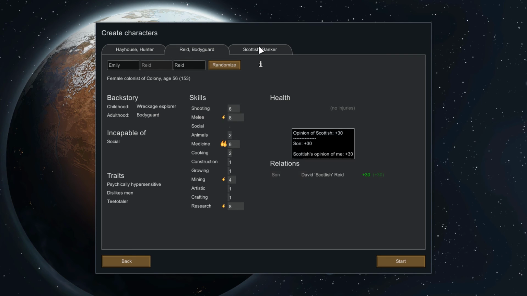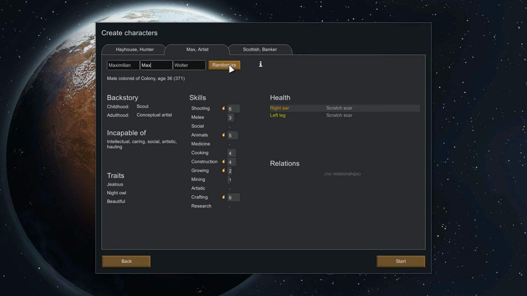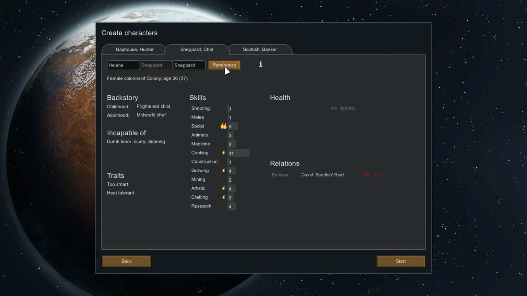Oh, you have a son. You're the son of, or you're the mother of... Holy cow, you're 56. Nope, you're too old. Sorry, you're also too old. Losing an ear and a leg. You're also too old. There is a mod where you can...